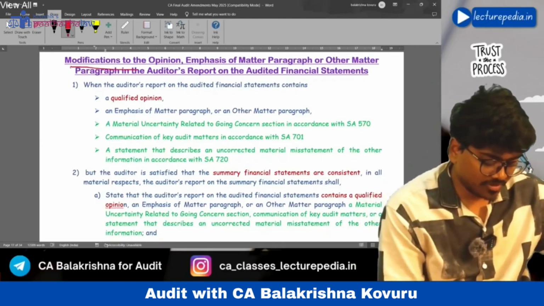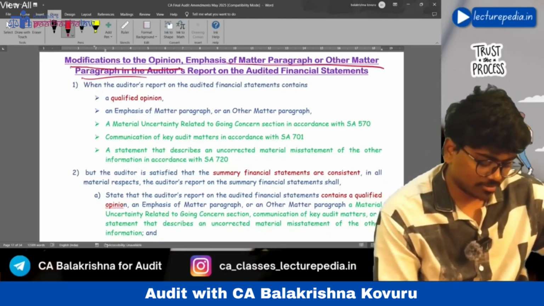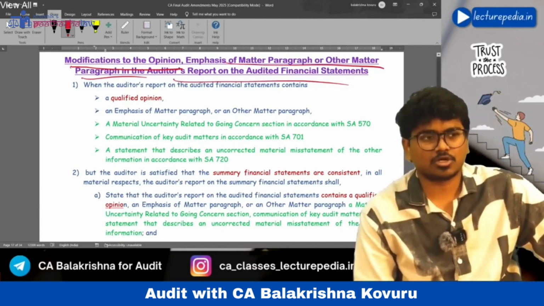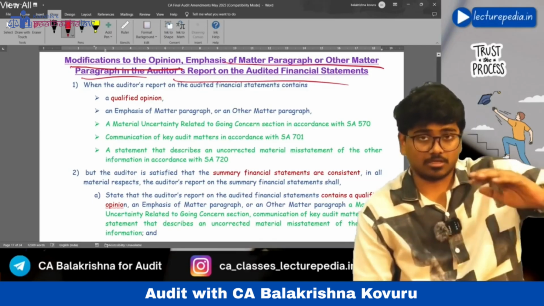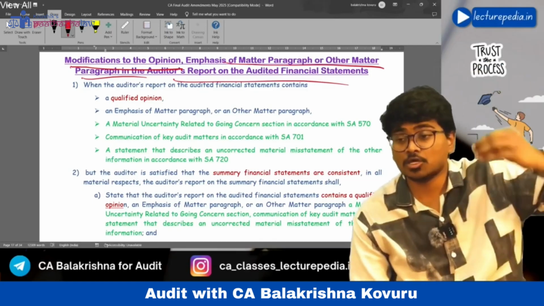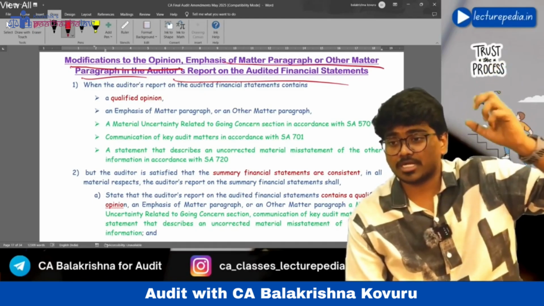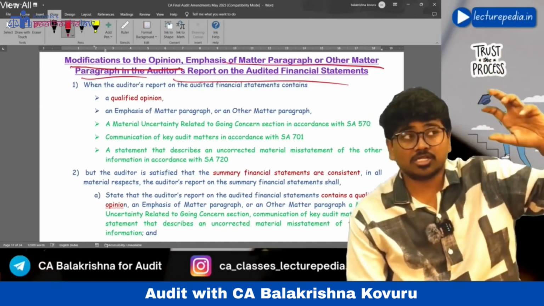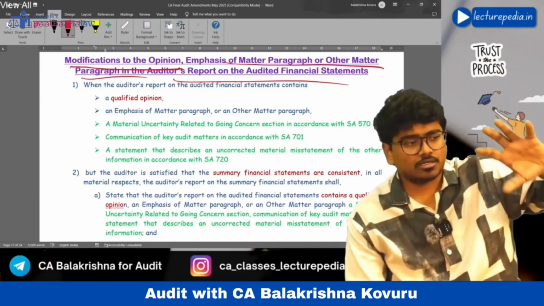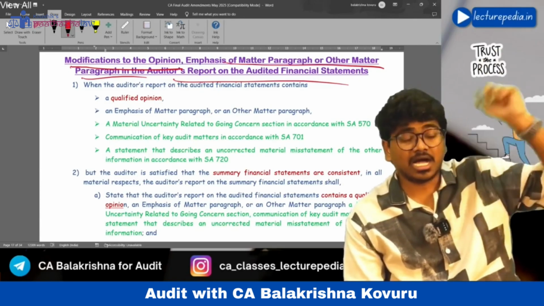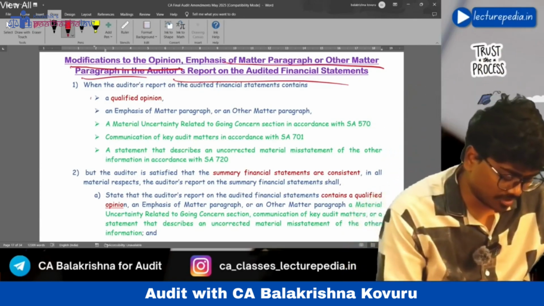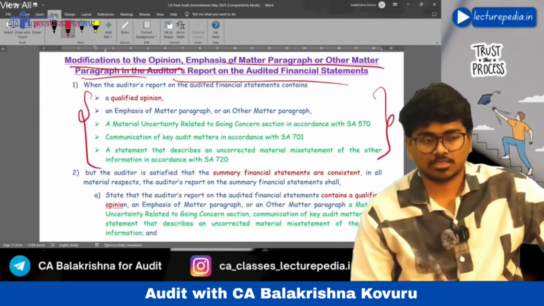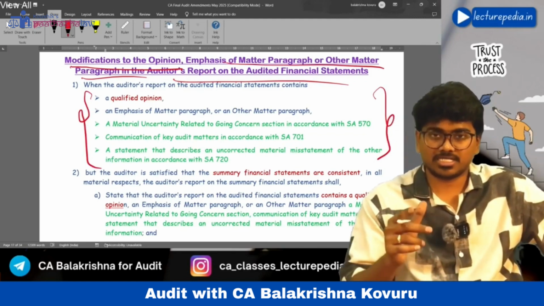Next, modification to opinion, emphasis of matter paragraph, other matter paragraph in the auditor's report on audited financial statements. If the auditor's report on audited financial statements, that is the complete set of financial statements, contains a modified opinion or emphasis of matter paragraph or material uncertainty with respect to SA 570 or communication of key audit matters or material misstatements in the other information as per SA 720, if any of these five are there in the audit report on the complete set of financial statements.